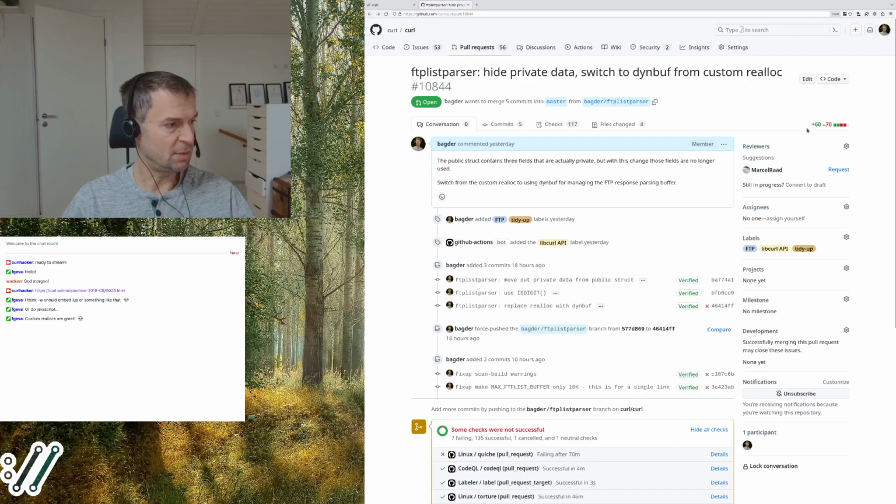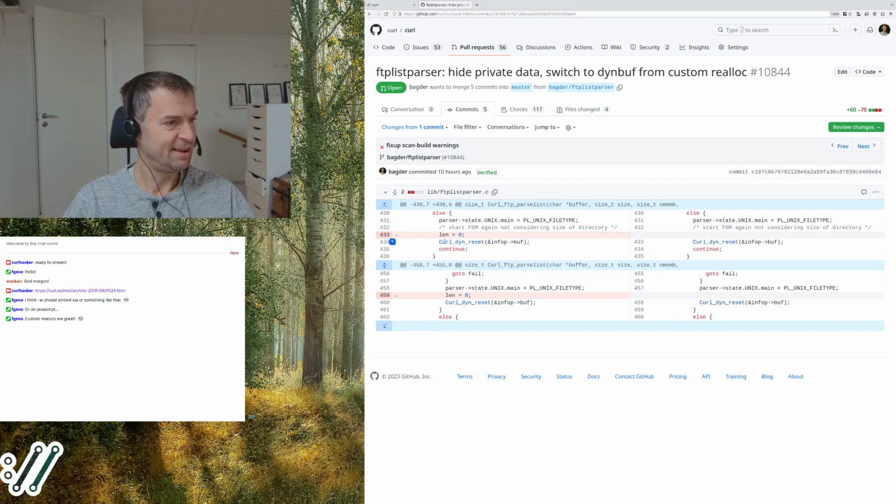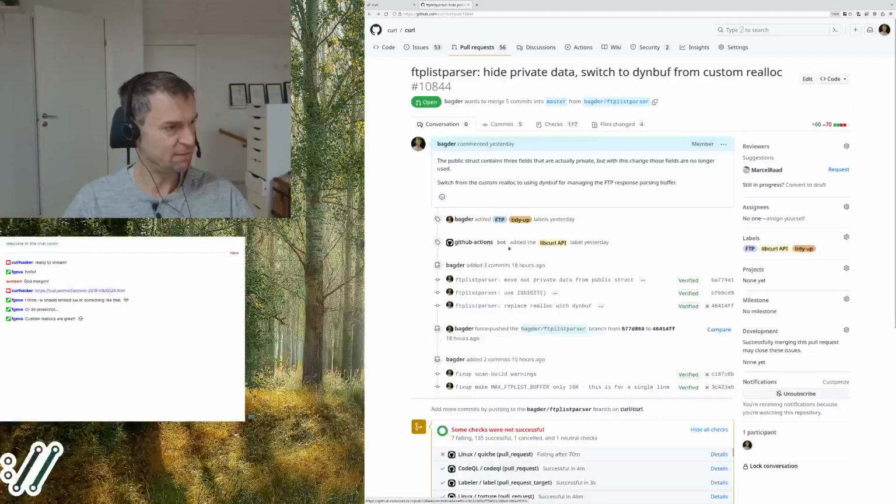In general, with this improvement we actually lose ten lines of code, so I think it's pretty good. And then when I had done that, I got a scan-build warning because I assigned a variable to 0, which was not read again until it loops and is assigned again. So I could just remove those assignments and fix the warnings.